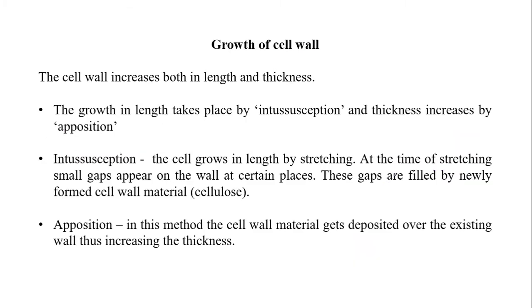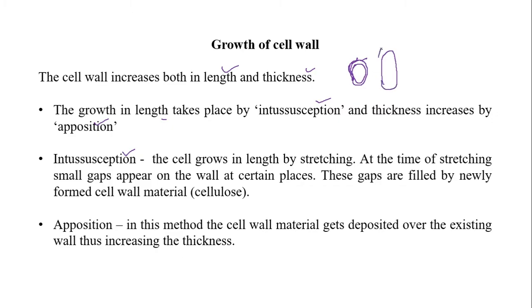Learn about how the cell wall grows. The cell wall grows both in length and in thickness. The growth in length is due to a process called intussusception, and the growth in thickness is because of a process called apposition. Let us see what is intussusception. The cell is small. There is a covering on the outer surface of the cell, which is the cell wall. As a cell increases in its size,